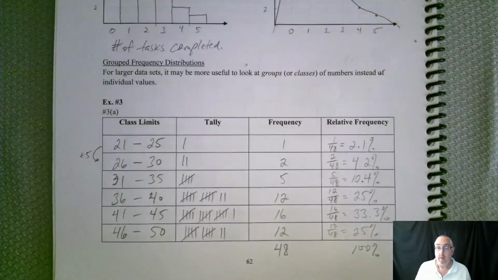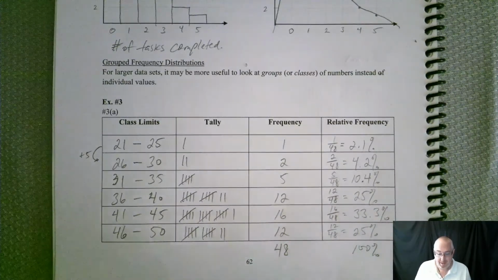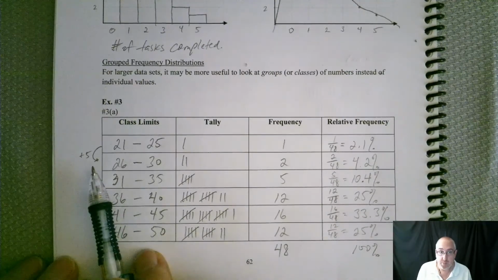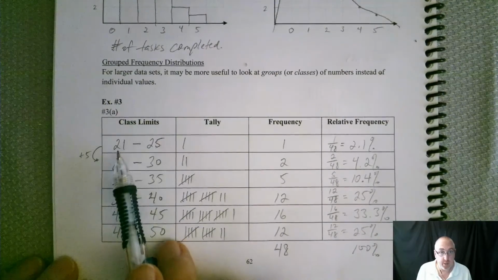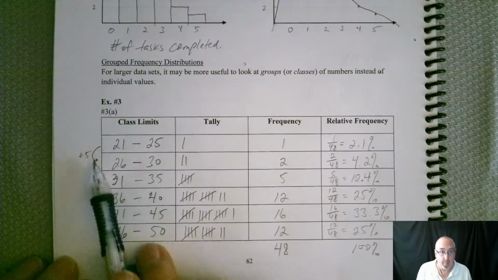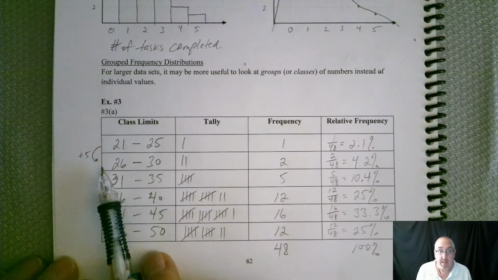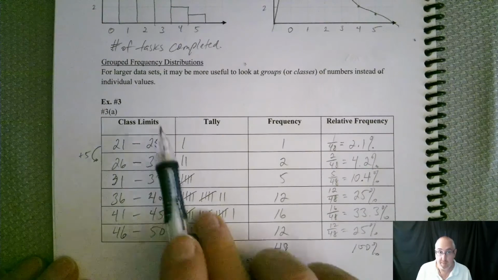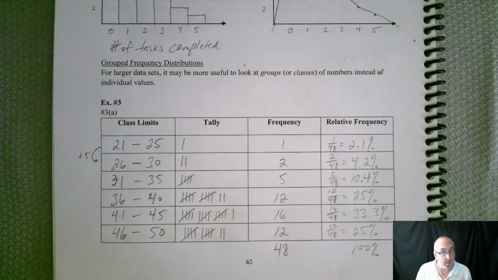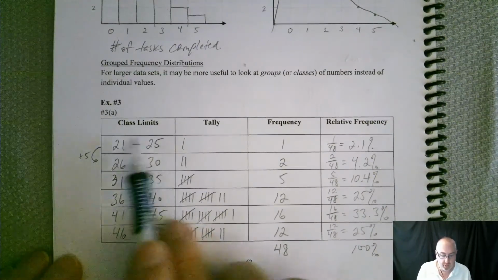All right. So hopefully you weren't scared and the noise didn't disturb you, but this is making a little bit of sense. So again, be careful with that class width. These problems are generally going to tell you where to start, how big each class is, and how many classes you're going to need. So as long as you have those 3 bits of information,